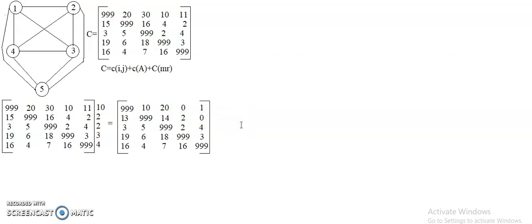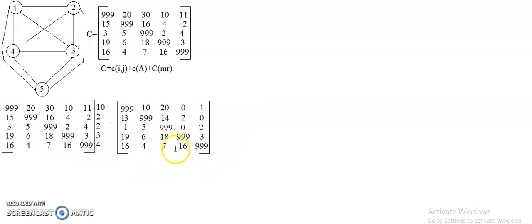So the second row is also over. Third row, 3 minus 2. This will get updated, and these values are also going to get updated. Let me write it. 3 minus 2 will become 1. 5 minus 2 will become 3. Next, 2 minus 2 will become 0. Next, 4 minus 2 will become 2.